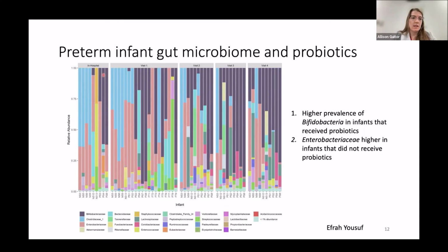The first one being this purple bar, which represents Bifidobacteriaceae, a family of bacteria that includes those beneficial probiotic strains that infants were exposed to in probiotic supplementation. So in this region here, I have the probiotic supplemented infants, and then NS again being the non-probiotic supplemented infants. You can see that up to 5 months of age, these purple bars become really dominant, but in particular, they're more dominant in the infants that receive probiotics, suggesting again, this kind of supplementation is successful in introducing